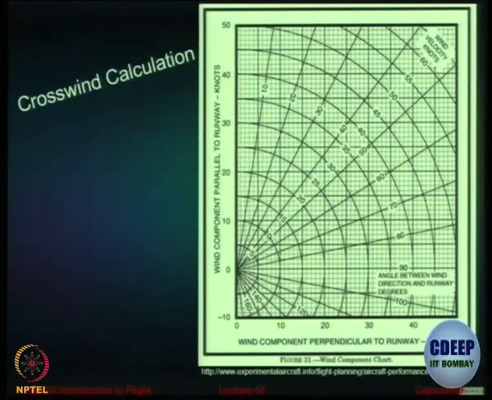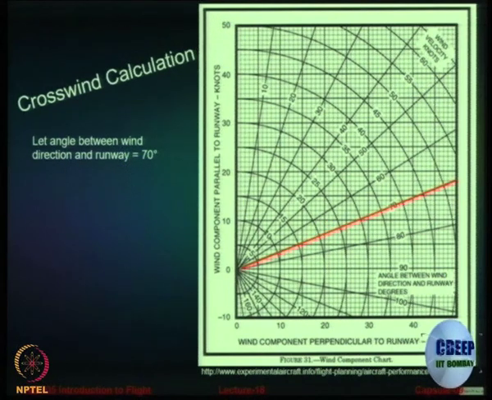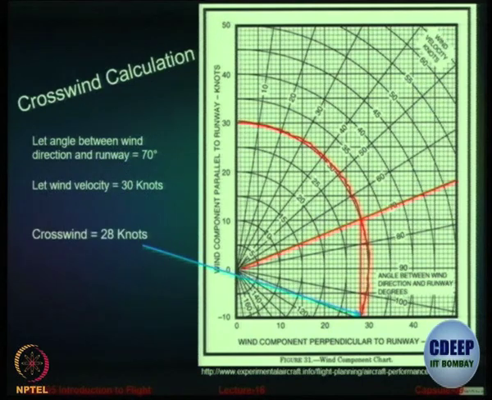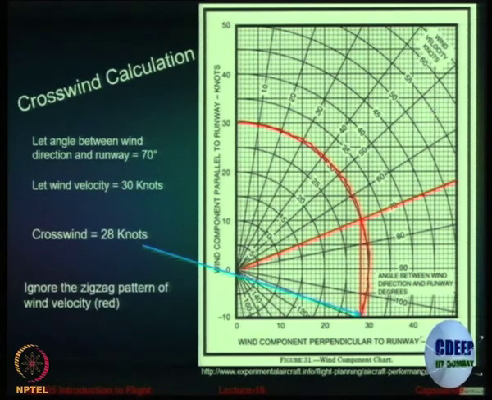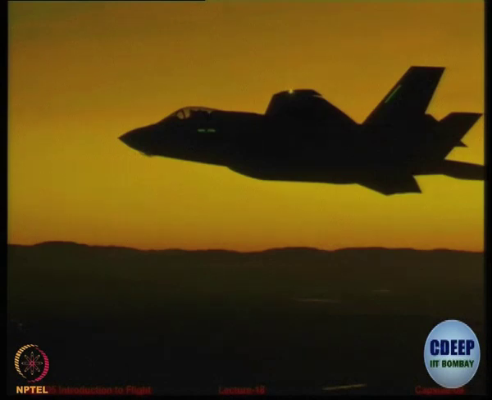Okay. So how do you calculate the crosswind value? You use a chart like this. Okay. So you look at the angle between the wind direction and the runway that is given to you by the air traffic control authorities, that when you are coming into land, there is a crosswind coming at 70-degree angle. So this number is known to you. Okay. Let the wind velocity be 30 knots, so you have this 30 knots line. So where it meets 70, you just drop a horizontal, drop a vertical line, and that gives you the crosswind. If this value is more than 1/3 your stalling speed, chances are you cannot be allowed to land. Okay, this is how it is calculated.